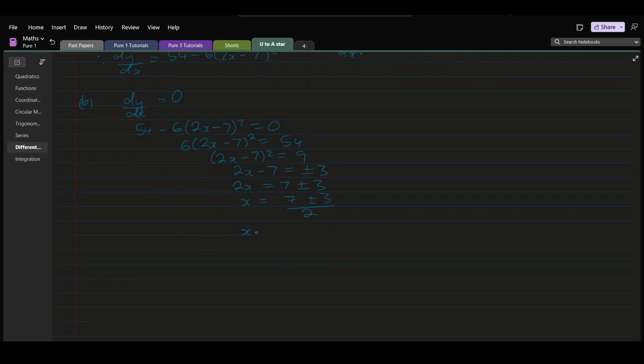And this gives us x is equal to 7 plus 3, that's 10 over 2. So that gives us 5, or 7 minus 3, which is 4, divided by 2, that gives us 2. Since we want the coordinates, we also have to evaluate the y coordinates. Y is equal to,